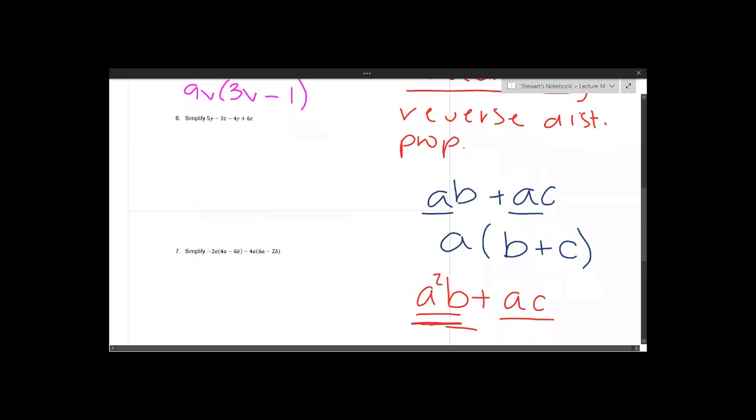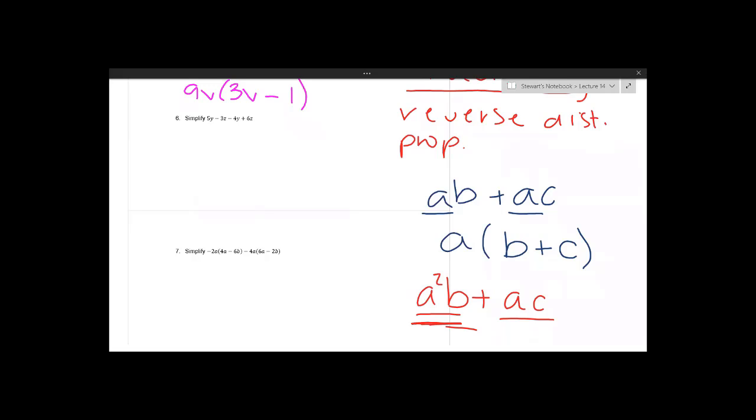Okay, so now we have 5y minus 3z minus 4y plus 6z. So in this case, we're just going to start by combining like terms. We know that the terms with the y can be combined and the terms with the z's can be combined. And to help visualize, I'll change the order around a little. So we have 5y and then minus 4y,